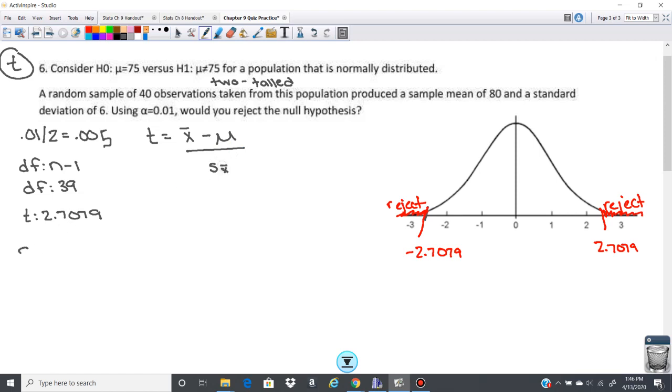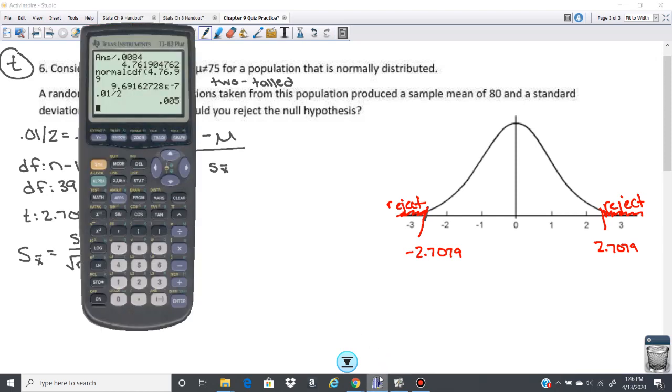We need the standard deviation of X bar, which is given by the standard deviation in the sample over the square root of the sample size. That standard deviation is 6, given in the problem, and the sample size is 40. So 6 over the square root of 40